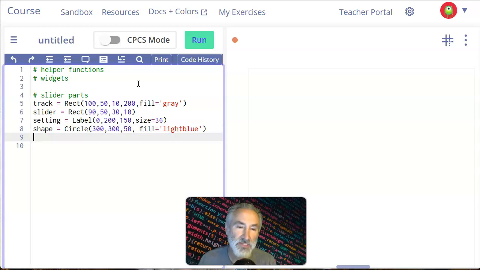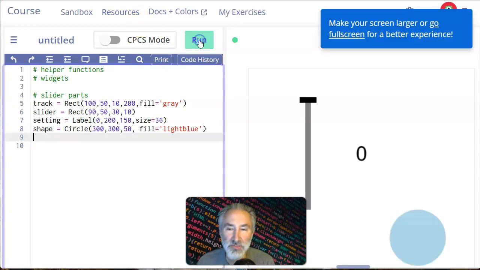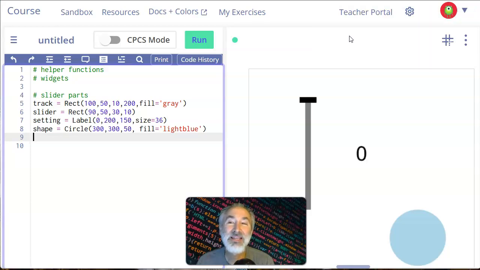Okay, now let's take a look and see what happens when we run this code so far. I'm going to go ahead and get rid of this. Whenever this thing pops up, it looks like it wants you to click on the link, but don't let them fool you. Clicking on the link is not what you want. You want to click anywhere on that blue to make it go away. If you click on the link, you're going to go full screen and you're going to be missing some stuff, so don't do that. I'm a little annoyed that they keep putting that link in there. Anyways,